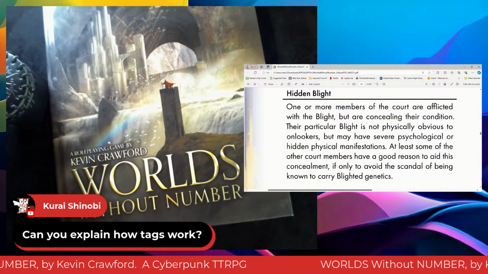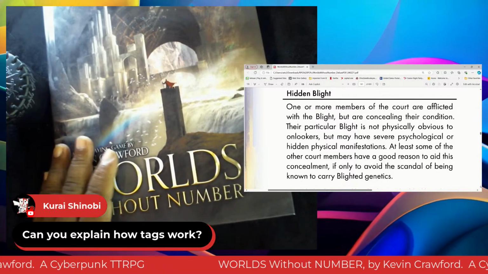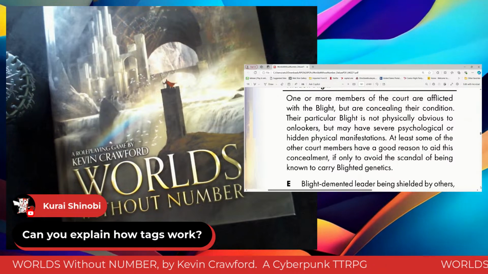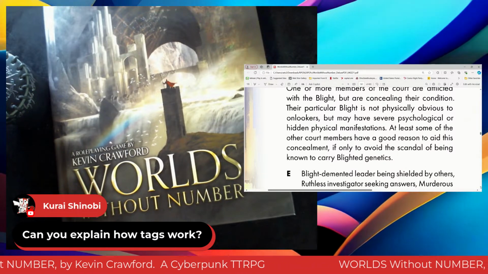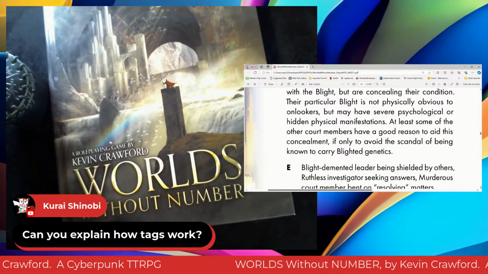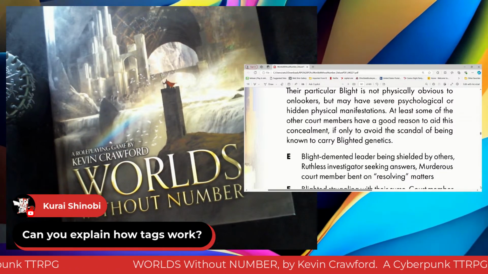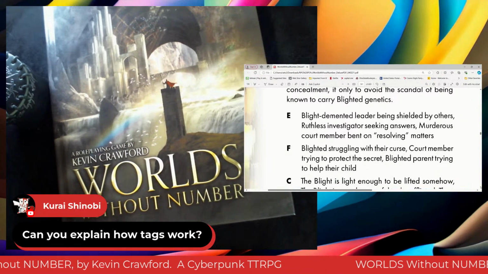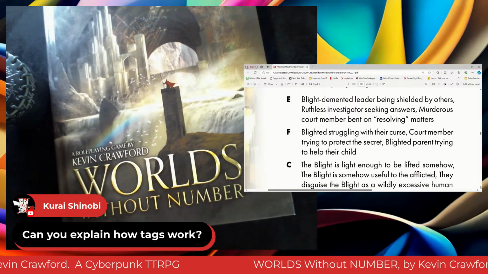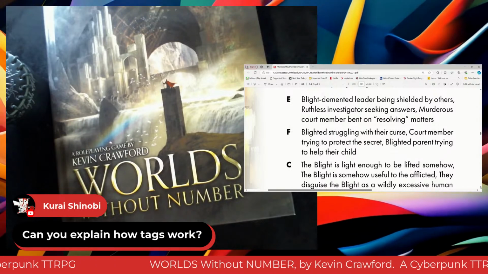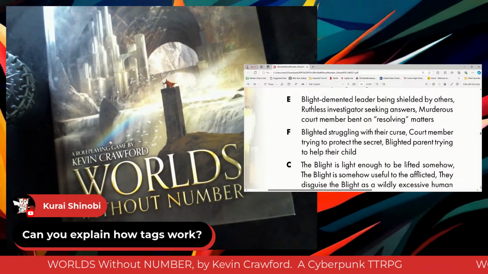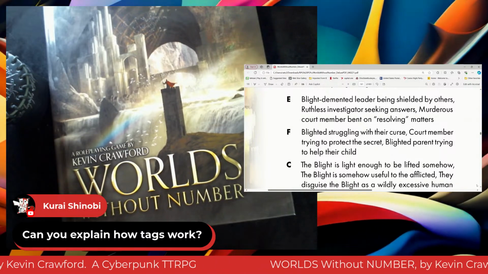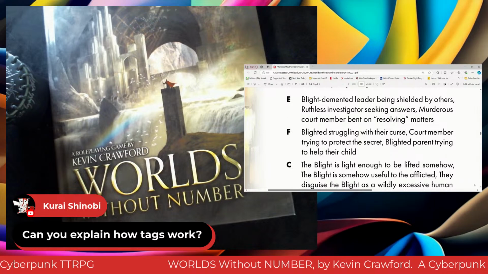Now, this is an in-world thing within Worlds Without Number, but you get the point. And if you decided to add this into your game, well, what practice will you do to add that in the game? And then down here, we have reminders to you of adding the blight into the game, this corruption that is spreading. Half disease, half otherworldly mutation kind of thing, half from the outer realms or whatever.